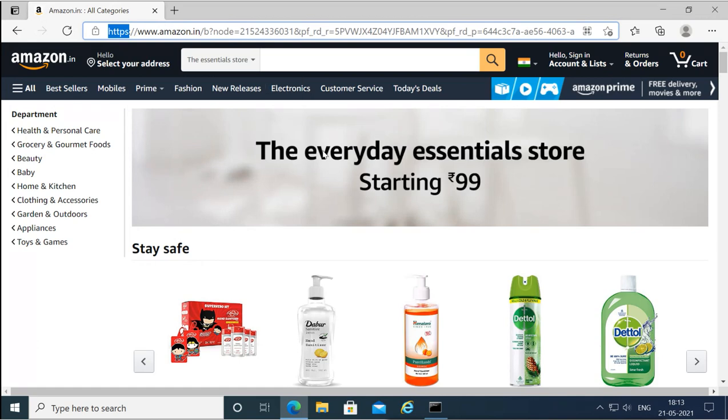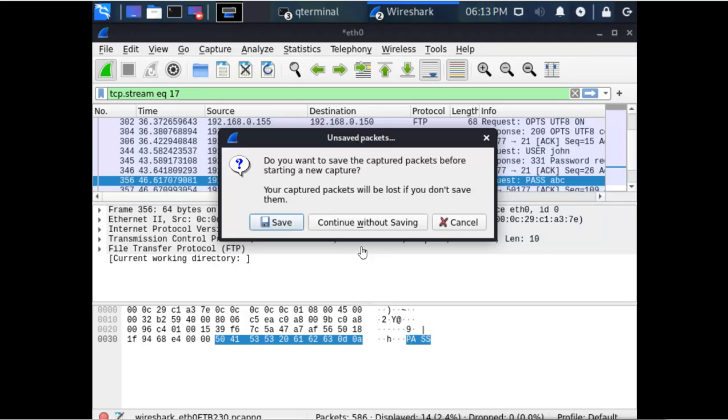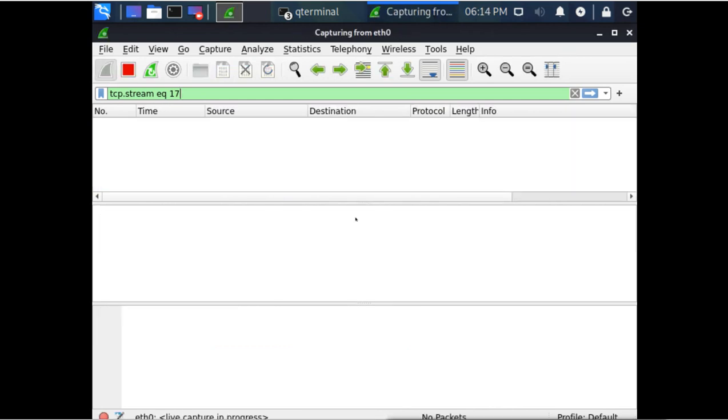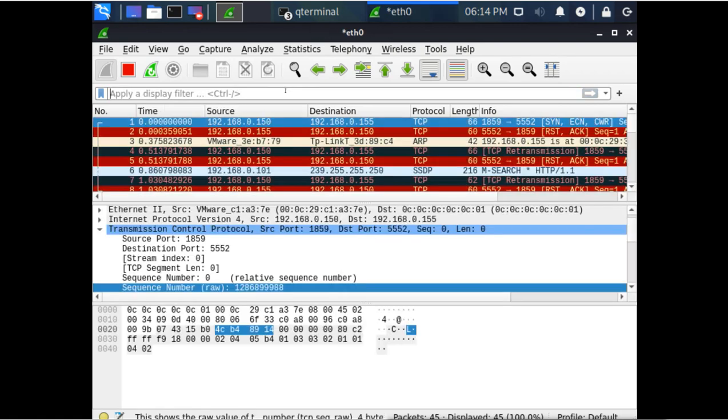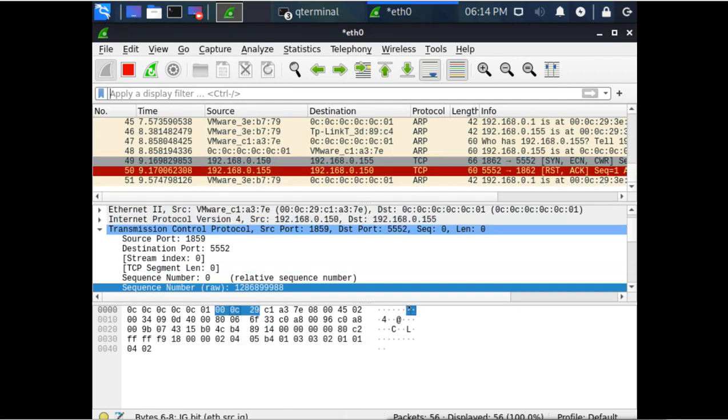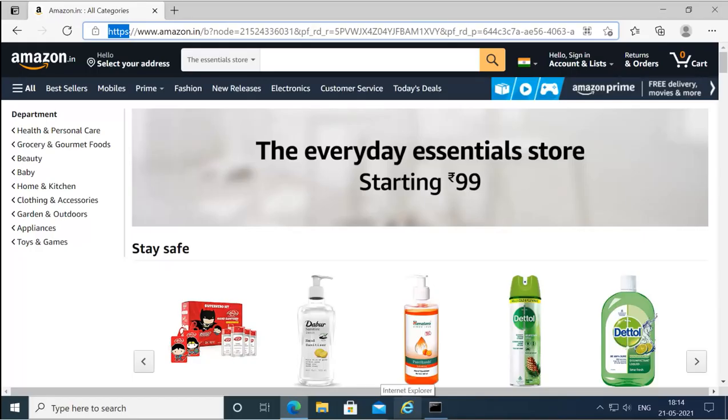For example, I'm starting the sniffing again here. Now I am on this Windows 10 machine, and because this is a secure connection, suppose I try to log into this account and go to sign in.